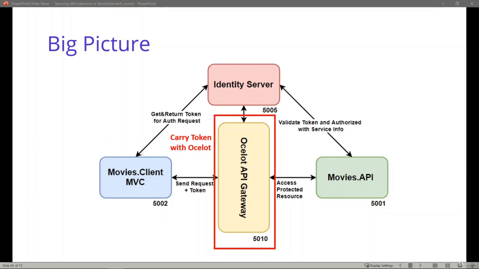After Ocelot reroutes the request to the internal API, it will present the token to Identity Server in the authorization pipeline. If the client is authorized, the request will be processed and a list of the movies will be sent back to our client. We also tested it a few minutes ago. Also, over this picture, we have applied claim-based authentication. So far so good. In the next section, you will develop your security layer for an existing microservice architecture with these learnings.